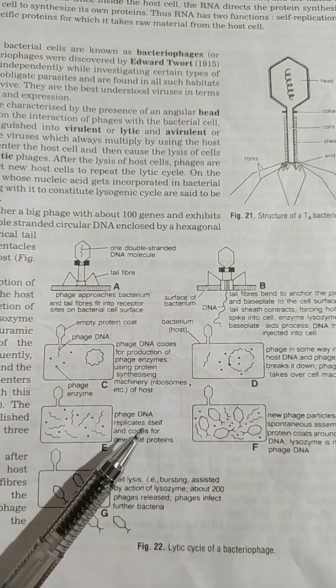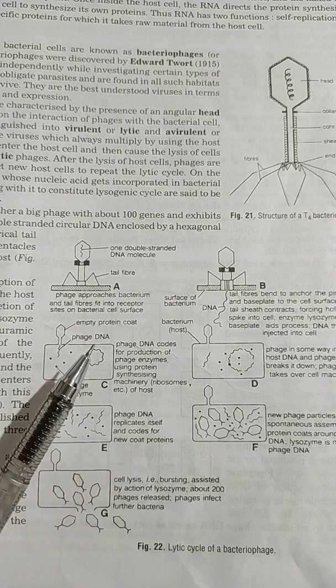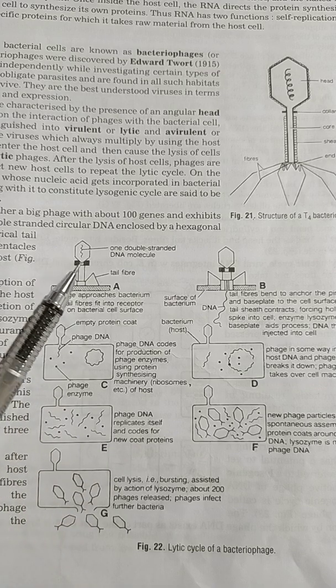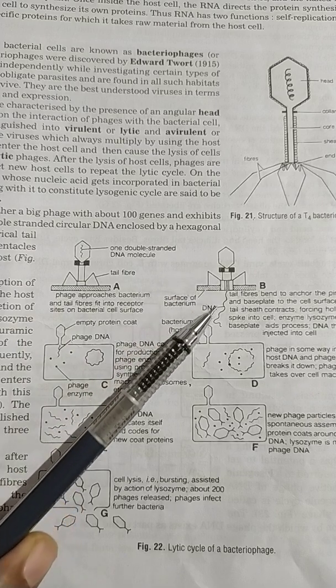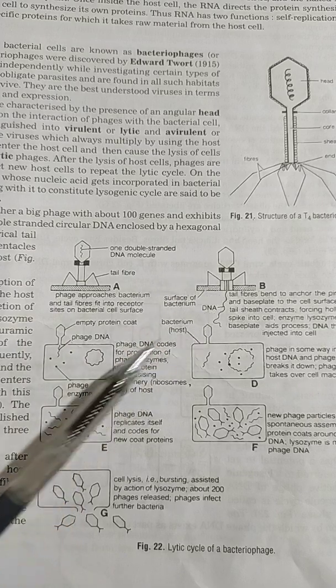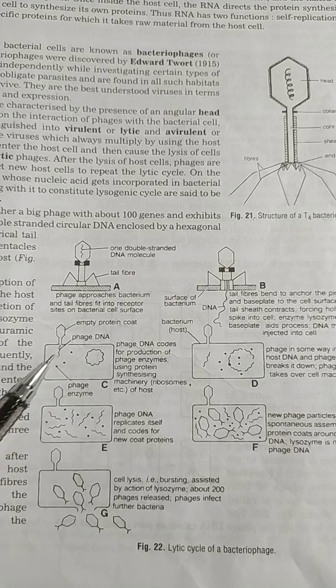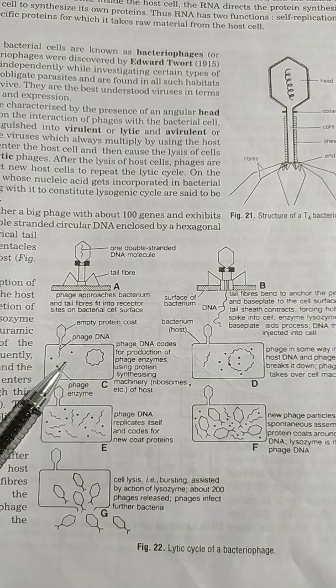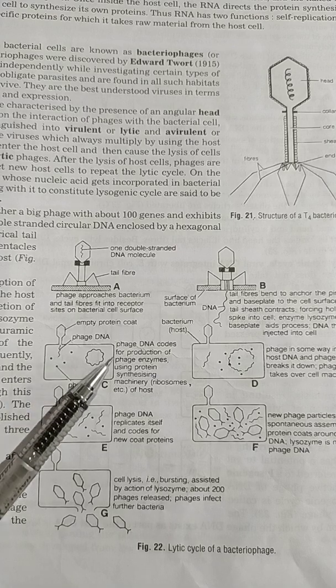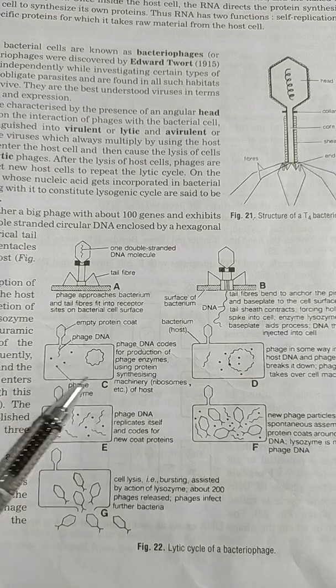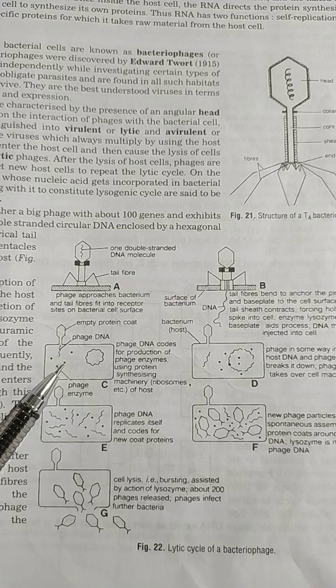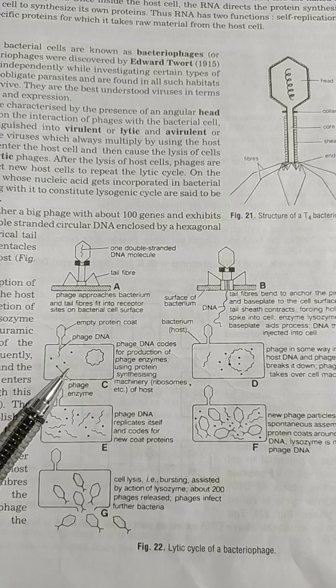On the other hand, we see the virus whose nucleic acid gets incorporated in the bacterial cell. Here you will see that the nucleic acid has been sent inside the bacterial cell. Here also you can see the phage sending its nucleic acid inside the bacteria, where it gets incorporated in the bacterial DNA and replicates along with it. If it replicates along with the bacterial DNA, it constitutes the lysogenic cycle.